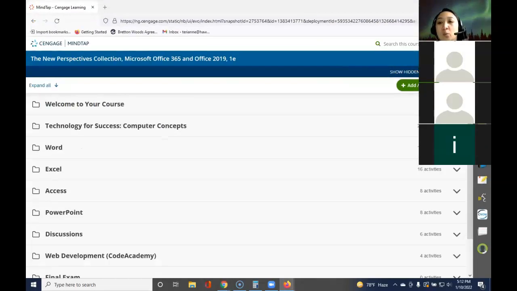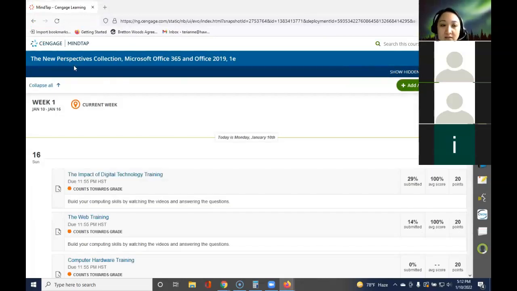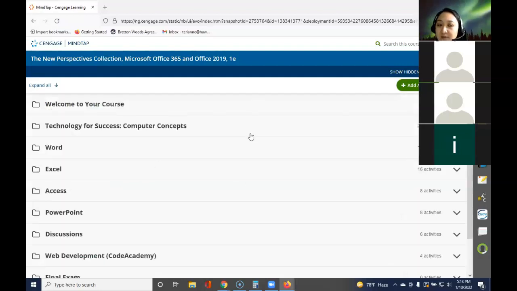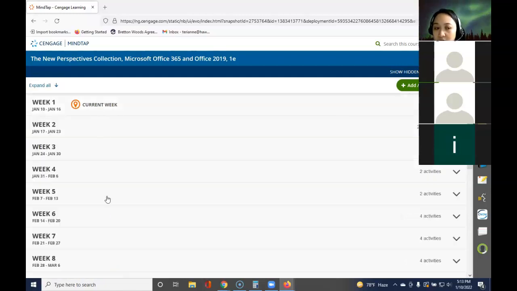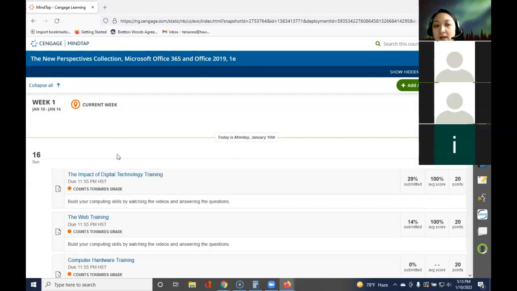And when you first open up the Mindtap link, you'll either be brought to your outline view, which is a list of all of the subjects that you'll be learning, the calendar view or the weekly view. It is a good idea to usually have this calendar view selected, and that's just because if you take a look at this, it has all of the weeks and then all of the assignments that are due for those. Click on week 1, and it also tells you the assignments that are due on, in this case, Sunday,